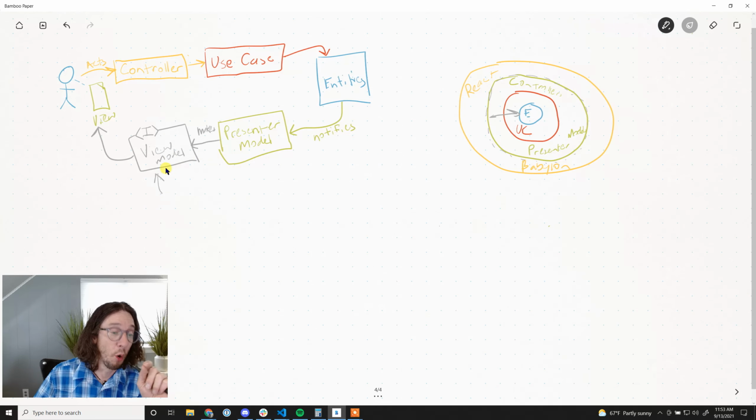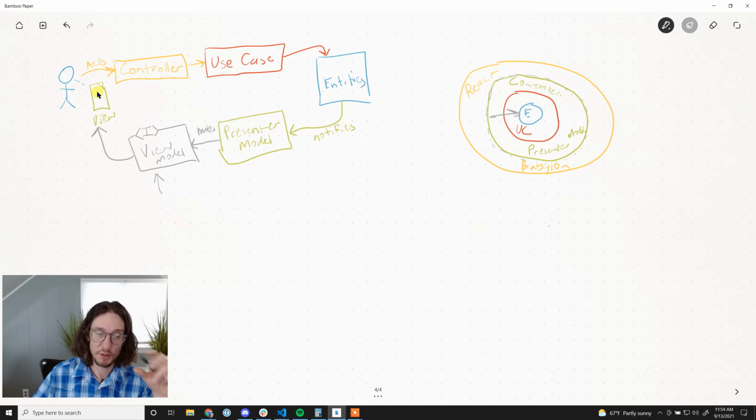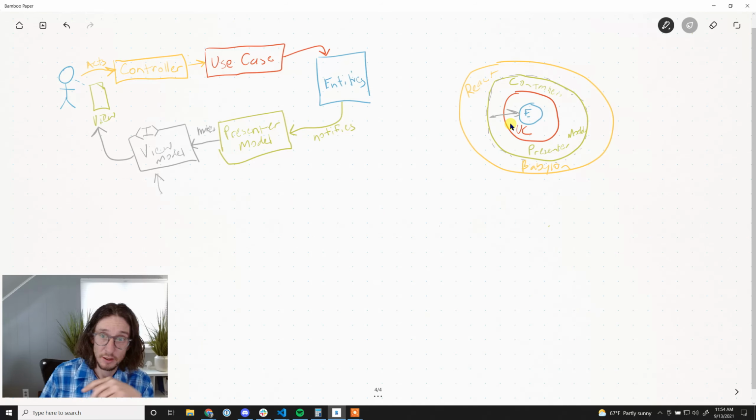Or we just maybe need to form our view model differently. But ultimately, this is an interface. It's not a class, and it doesn't have any logic in there. It's just an interface that holds values. And these values explicitly tell the view what to do. They tell the view, okay, I want you to be at this position, this rotation, this scale. And this presenter model is doing the adaptation between our